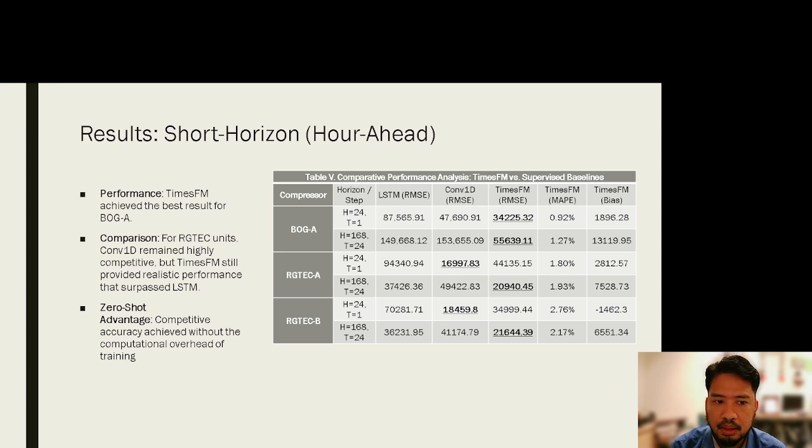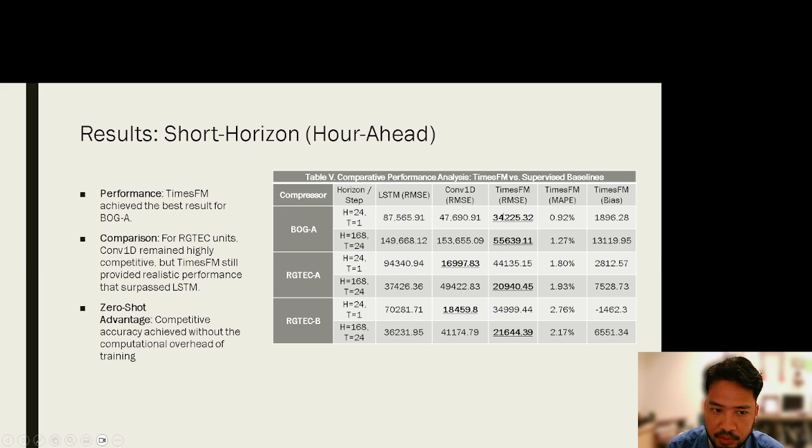But the advantage that we would like to highlight here is that using the TimesFM model, we are performing the prediction in a zero-shot manner. Unlike the use of LSTM or convolutional one dimension, in which we require the training of the model, the usage of TimesFM doesn't require us to train the model.